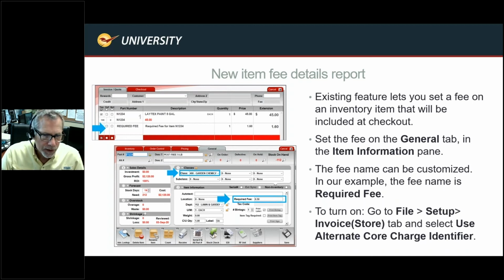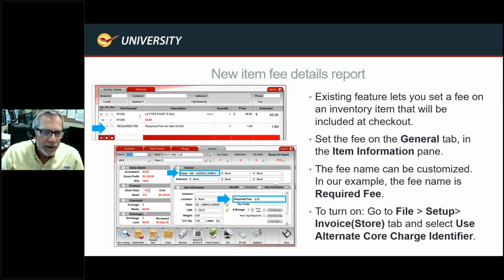It does use the core charge file or input for this, but we've added a couple of new enhancements to this, which really make it perfect for this type of additional charge or required fee on certain items. So first and foremost, you can change the name to anything you want. In this case, we just called it required fee.